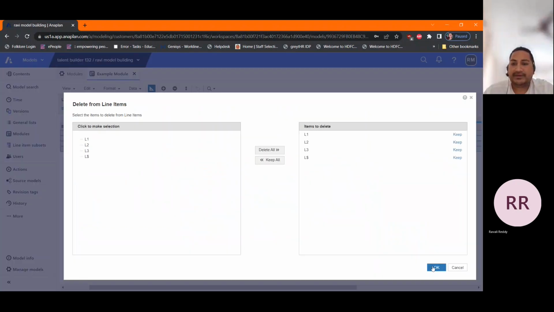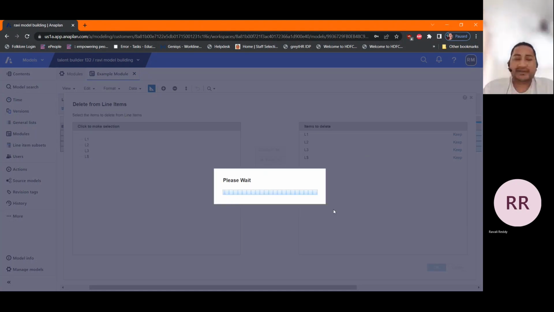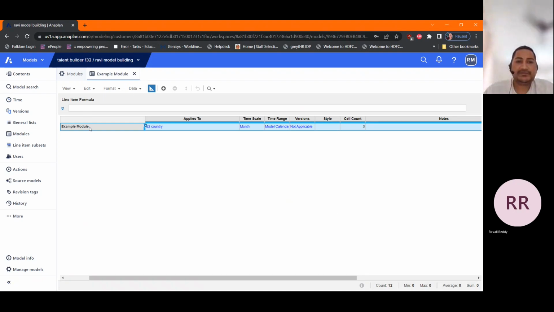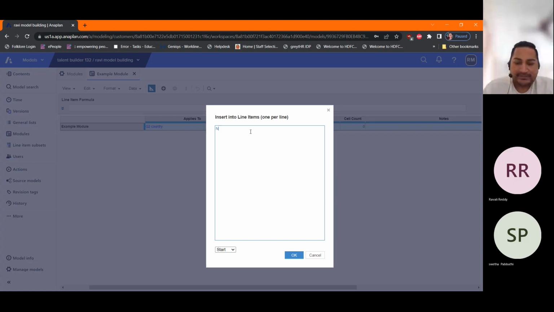I'm deleting these line items. This is how to delete the line items. So I am creating new line items. This is a plus sign to insert any line items there. So I am putting number line item,